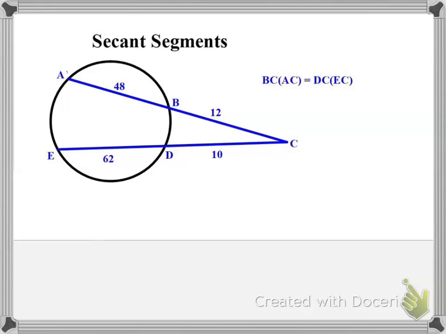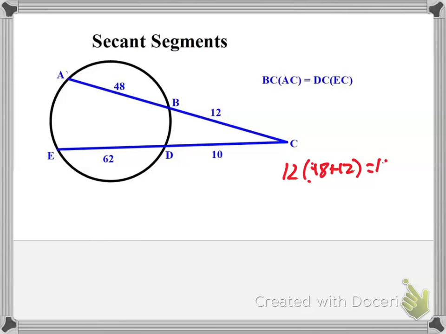Now, secant segments. If you have two secants that intersect outside of the circle, the lengths of the segments will be such that segment BC times the length of segment AC is equal to the length of DC times the length of segment EC. Let's put some numbers on this so we can see it. So BC is 12 times AC. Well, AC is 48 plus 12, is equal to DC, which is 10